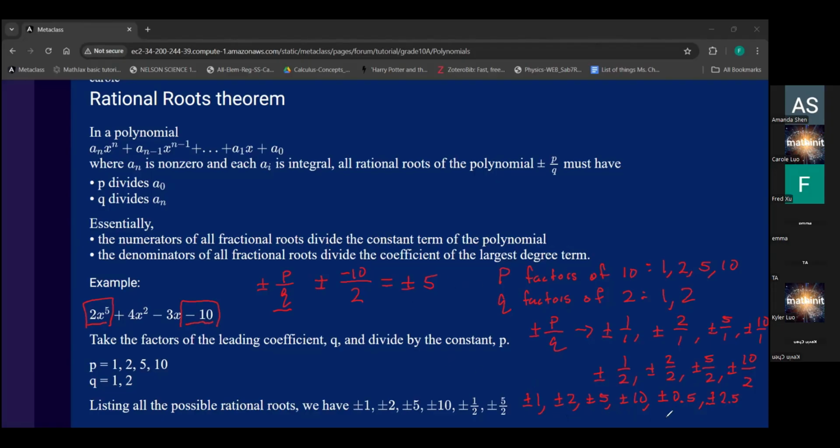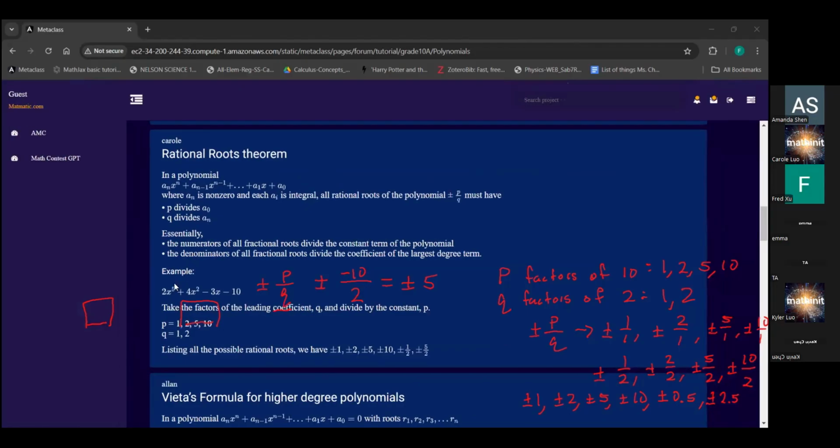Not all of them have to work, right? Not all of them have to work, but some of them might. So basically, 1 could be a root, 2 could be a root. And remember, it is a plus or minus, so it can be the positive or negative of 1, positive or negative of 2, positive or negative of 5, and so on. Are there any questions here? Okay, then